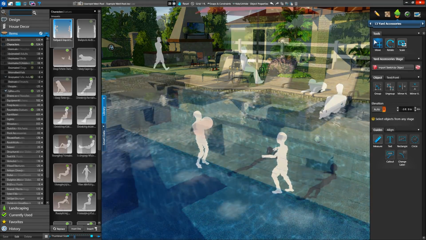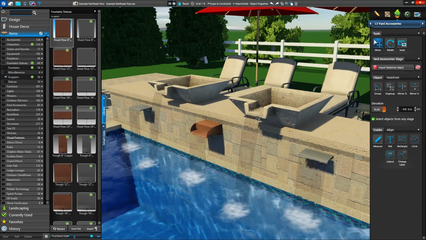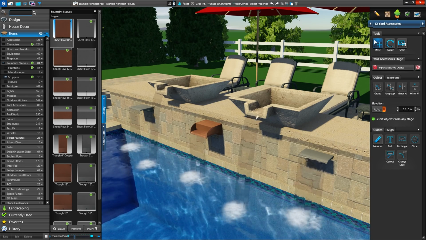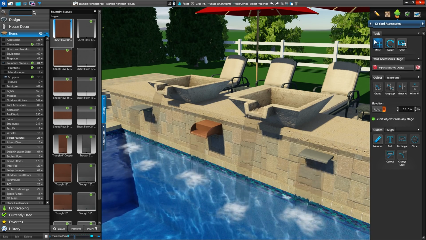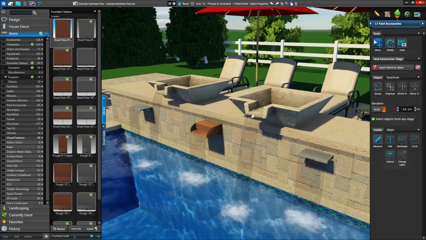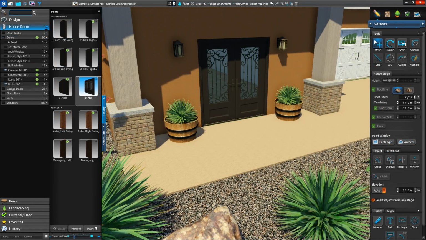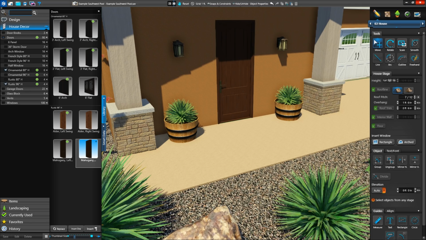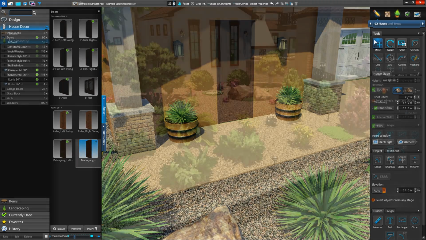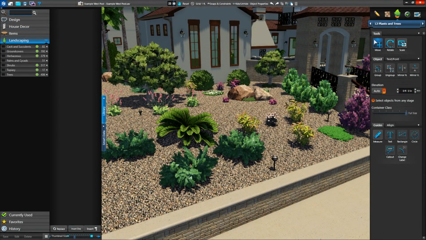built. In the Fountains and Statues category, we'll see 16 updated scuppers available, and an improved look for the existing wok pots. And in the House Decor library, we'll find 20 new doors. We'll see new categories for rustic doors, as well as ornamental doors, with both options available in both 80-inch and 96-inch. VizTerra and VIP 3D members will see 24 new plants and trees added to the library, including 8 new